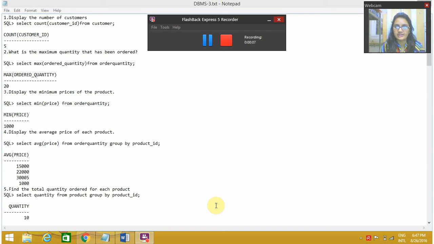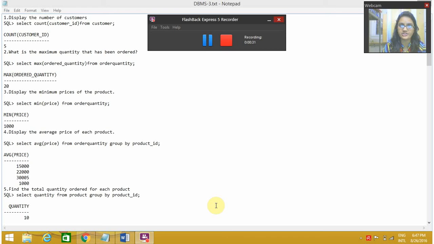Today we are going to see the third experiment of our database management system. Our third experiment is carried out by using aggregate functions, built-in functions, group by and order by clause. In the third experiment, we are not creating any tables because the tables were already created in the first experiment. The tables over here are altered and the table contents are displayed in this experiment.